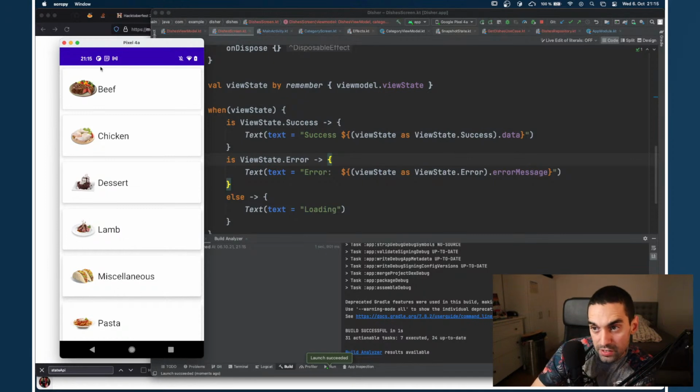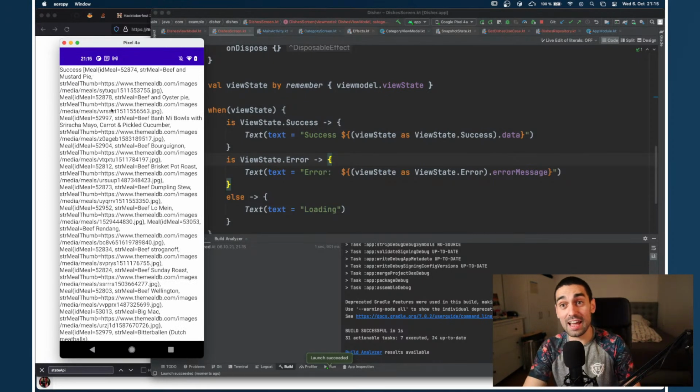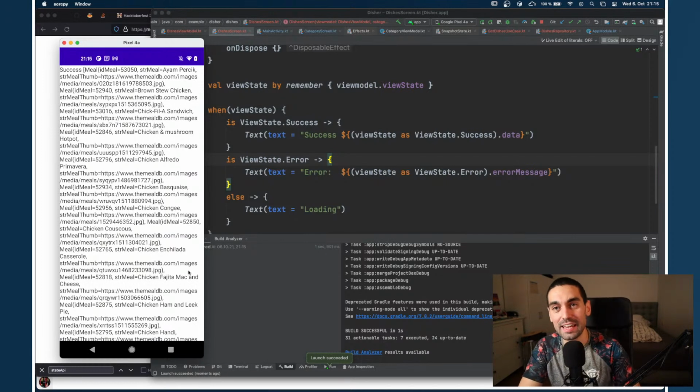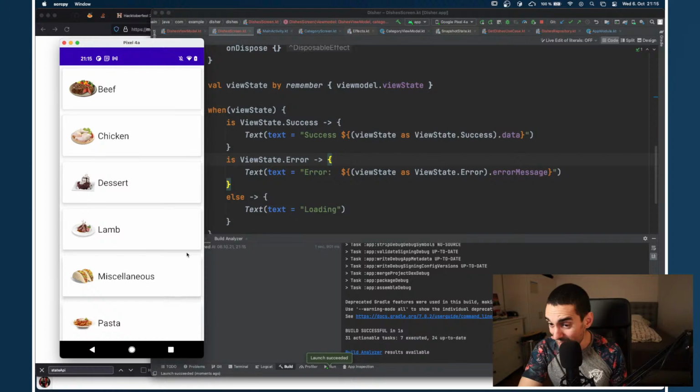Beef. Keep an eye on this top left of the screen. You should see the word loading, first of all. Loading. And then success. Huzzah. Did you see that? Let me go back. Let's go to chicken. Loading. Success. And then we got all the data here, which I have yet to put into a usable format. But yes, that is